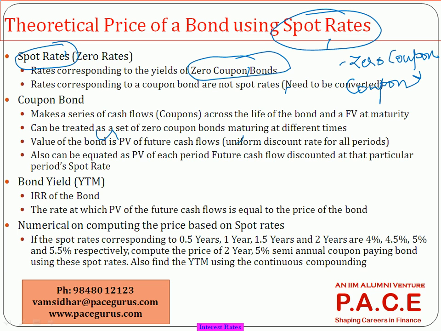Now, when we talk about this coupon bond, because different amounts are paid at different periods, right? Probably every year they say we'll pay some X amount. Some 10% of the face value is being paid every year, and the face value is paid on maturity. Whereas in the case of a zero coupon bond, nothing is paid, everything is accumulated. Whatever periodic interest has to be paid, even that is accumulated and everything is paid only on maturity. Now, what the mechanism says is,